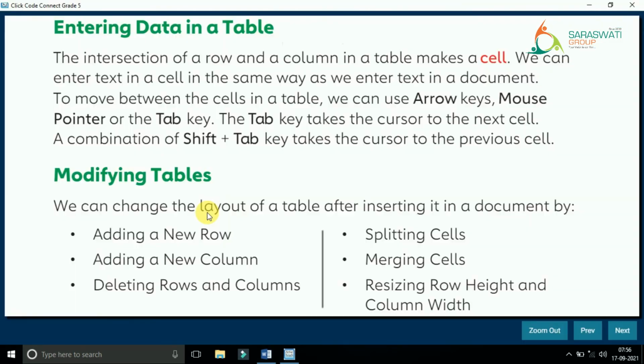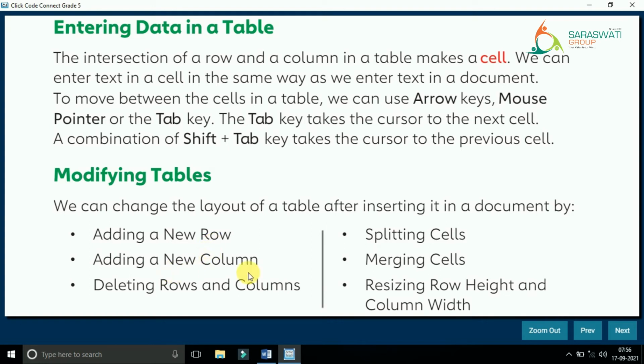Now we will learn modifying tables. Modifying means designing it properly, putting something inside it, deleting something, right. See, we can change the layout of a table after inserting it in a document by these 6 things we have to study in this chapter. Adding a new row, row means horizontal line.